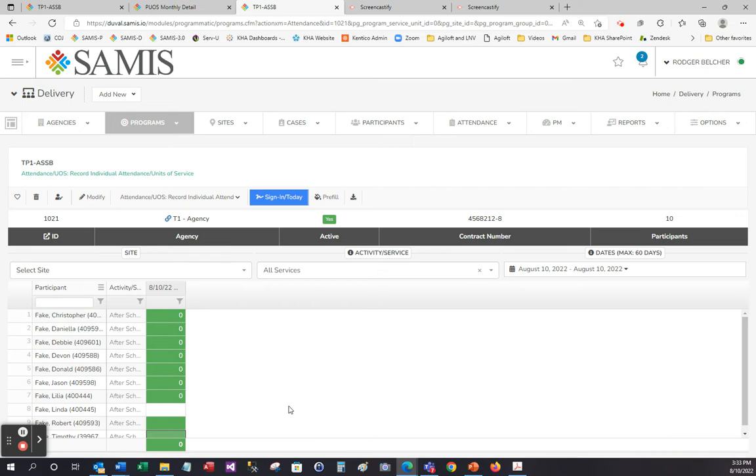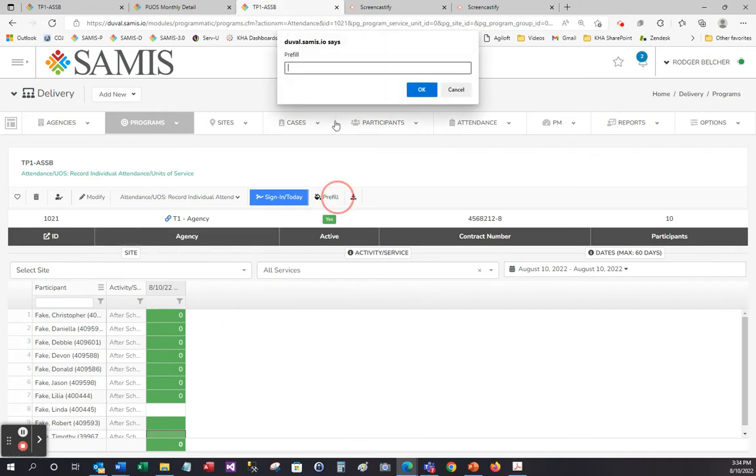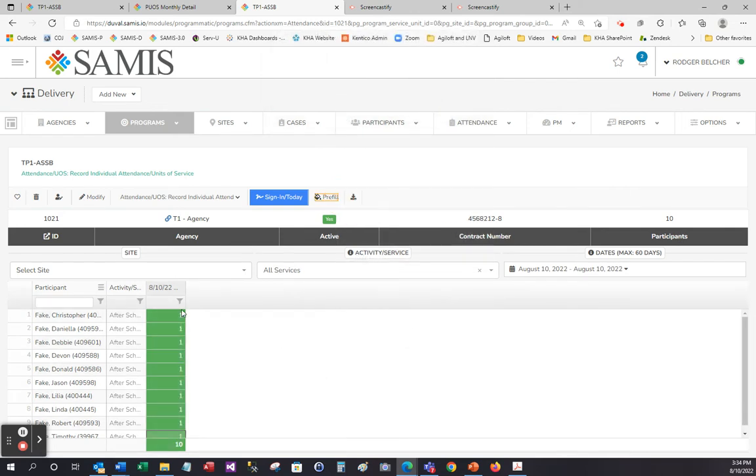So if you have 100 students or a large roster, sometimes it's easier to use pre-fill to show everyone is present and then just go back and zero out or space out those handful of students that might be absent. So I can do that by choosing pre-fill, and then I'm going to pre-fill everyone as present with a 1, click OK. And then let's say that I just go in to a couple of records that may represent an